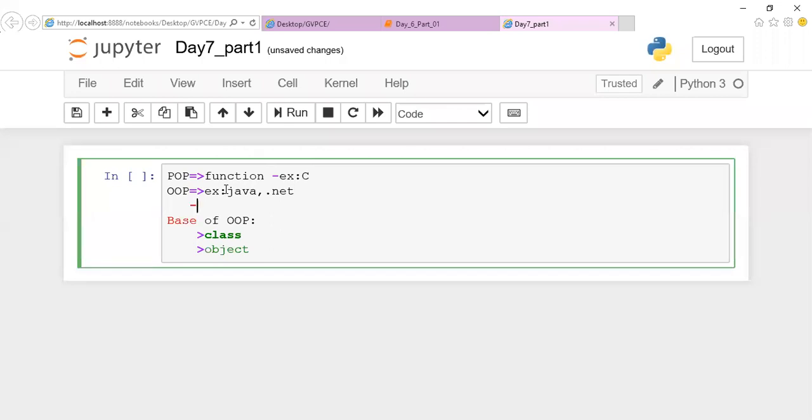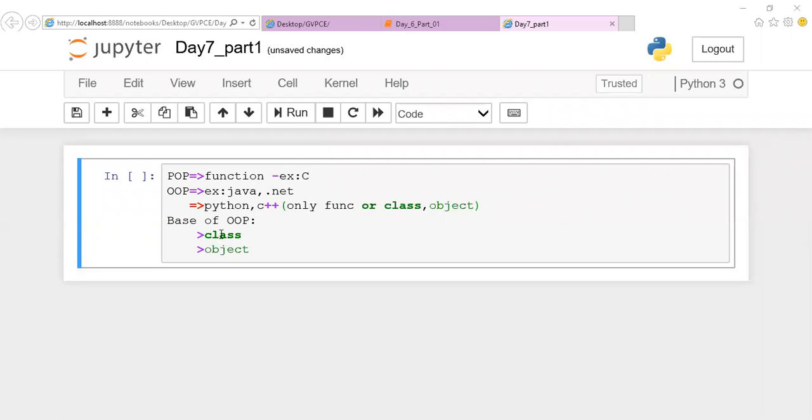Speaking about Python, C++, all those are called bilingual languages. In a bilingual language, a program can be written either as procedure oriented, using only functions, or by using class and object. Both ways are implementable in C++ as well as Python.